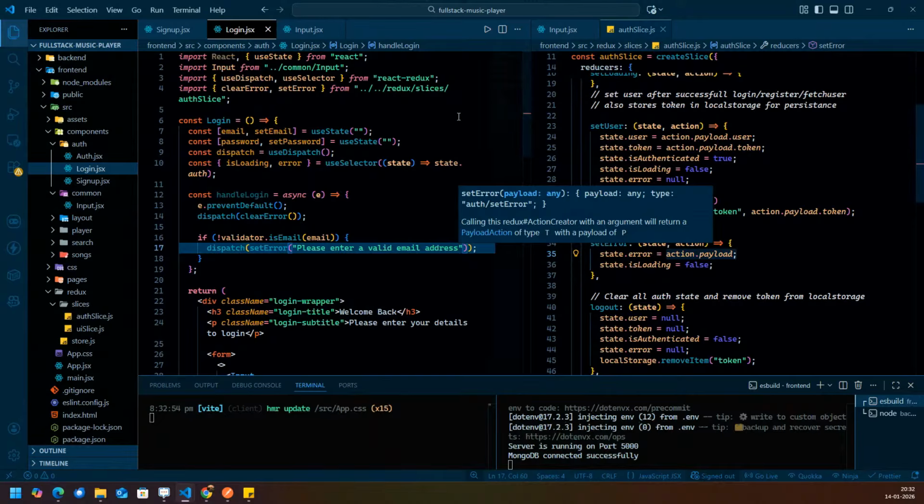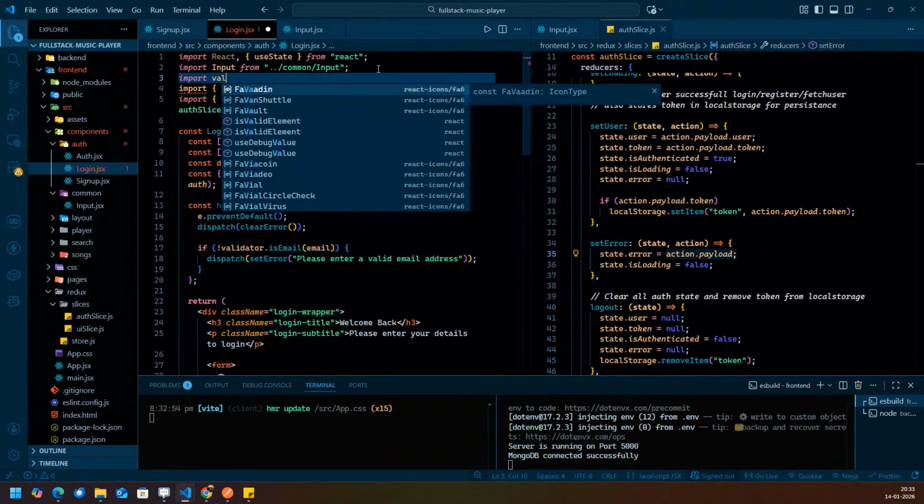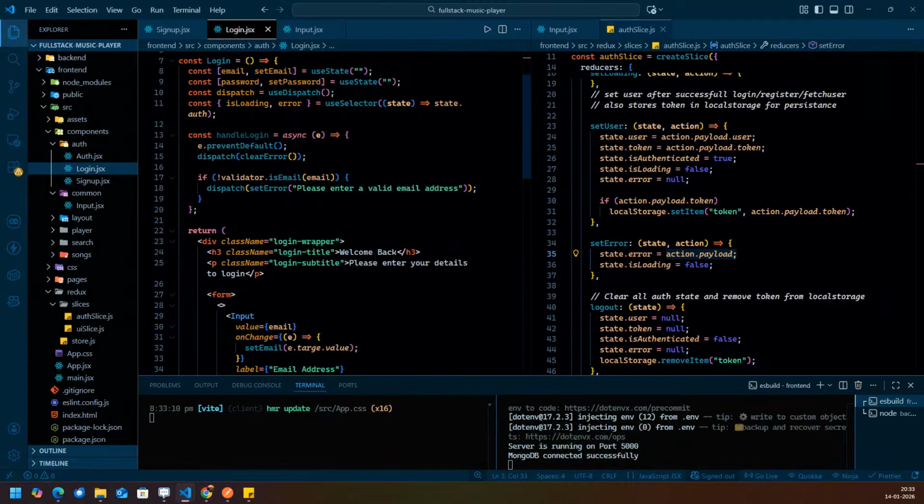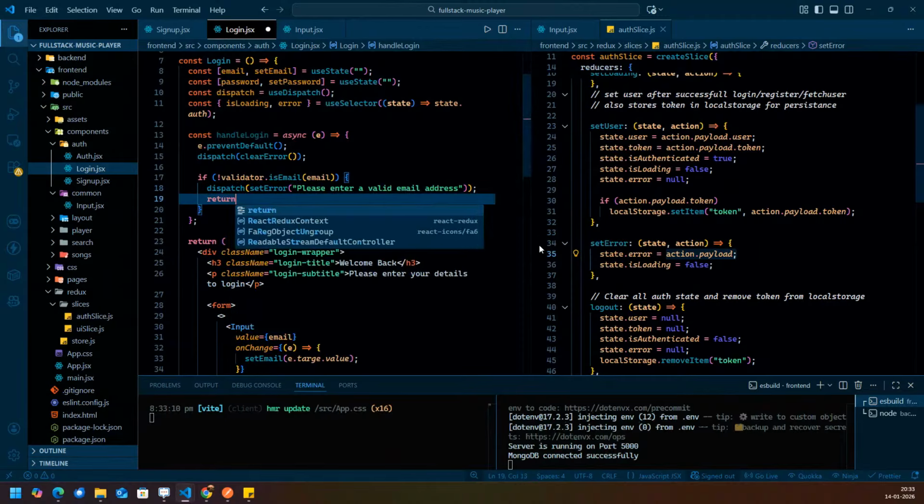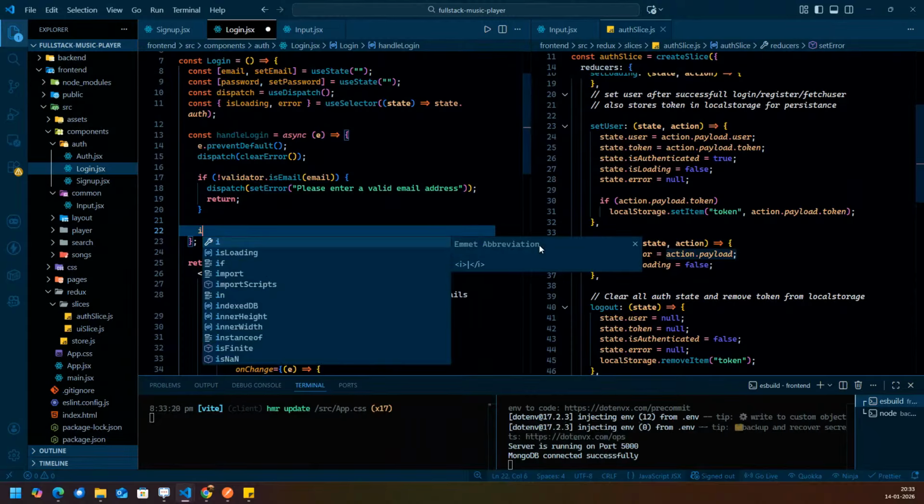Let me just import validator from validator. Correct, now it makes sense. And then after this, we have to return, because I don't want to execute further if they are getting an error. Okay, then